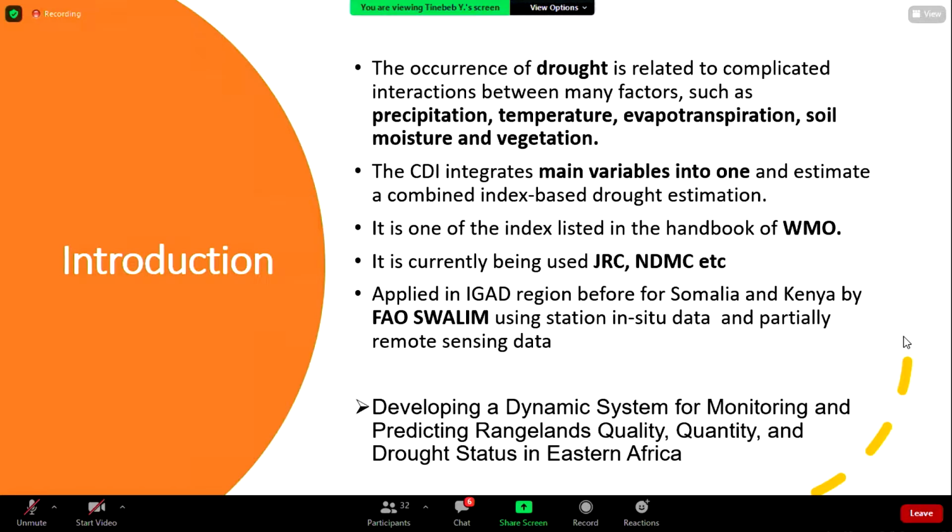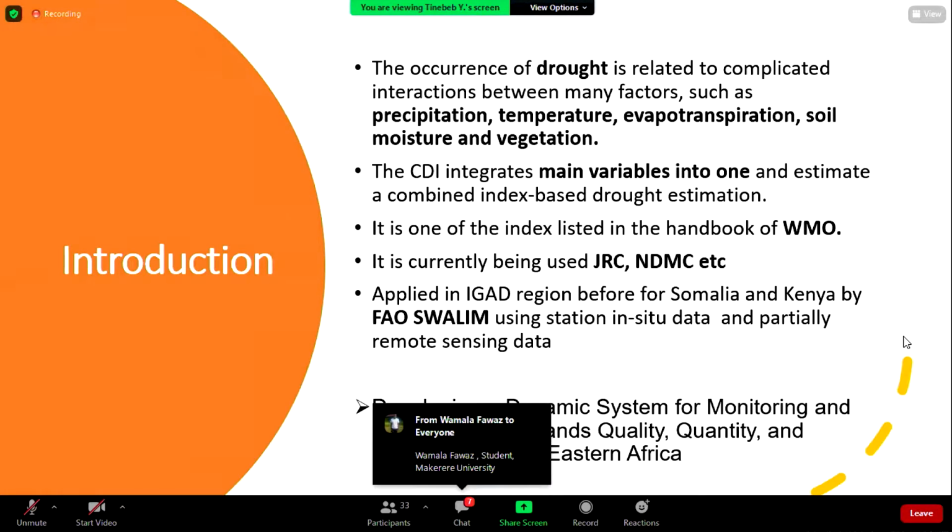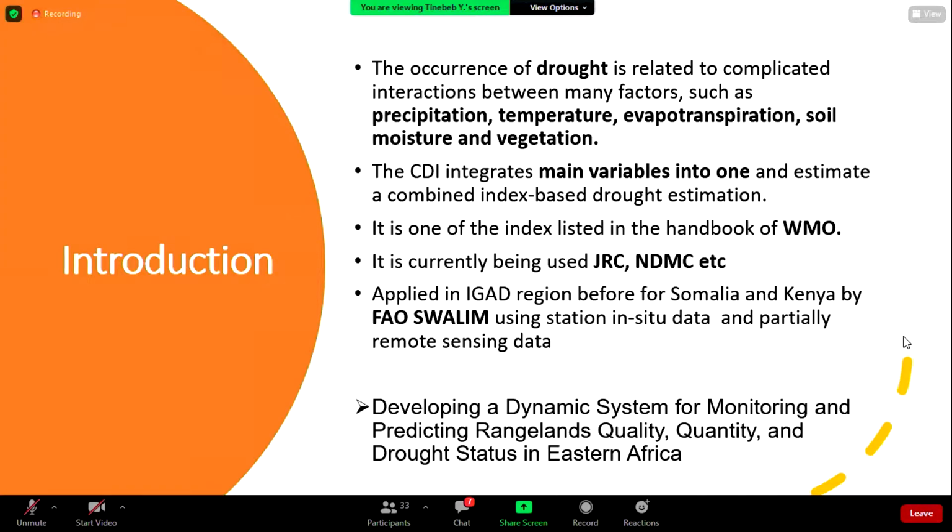It's not actually a new index. It's one of the indices listed in the World Meteorological Organization handbook, and currently it's being applied in Europe, mostly monitored by the Joint Research Centre, and by NDMC, the National Drought Mitigation Center, for North America. It has also been partially applied in some of the IGAD regions, in Kenya and Somalia by FAO SWALIM, a particular project made after the great drought that happened